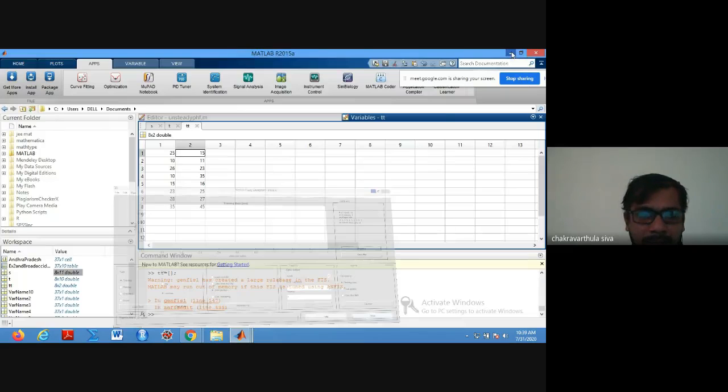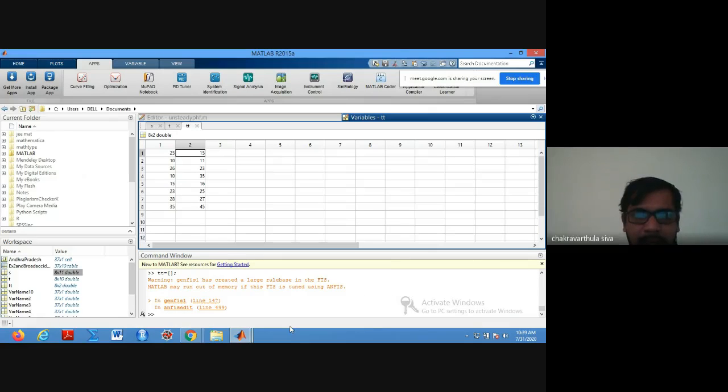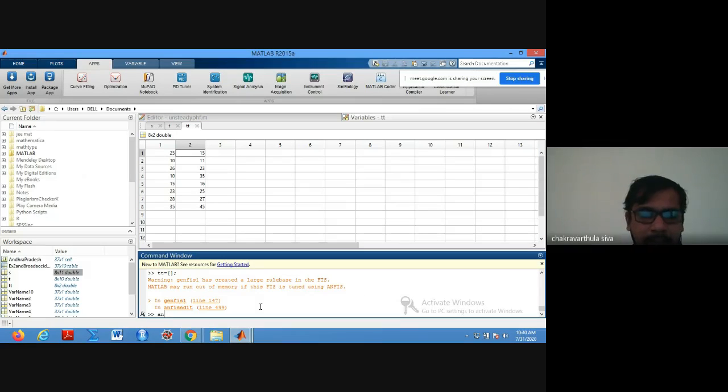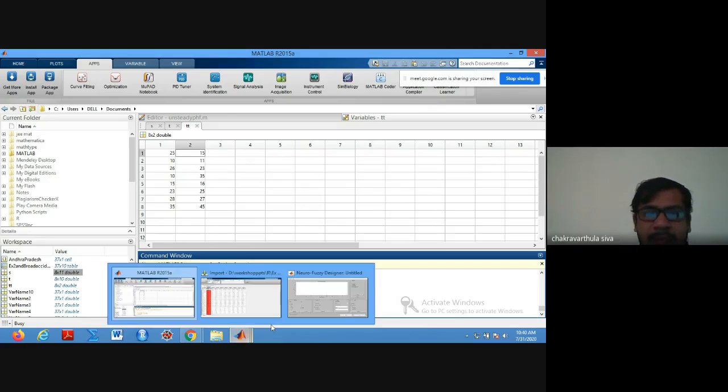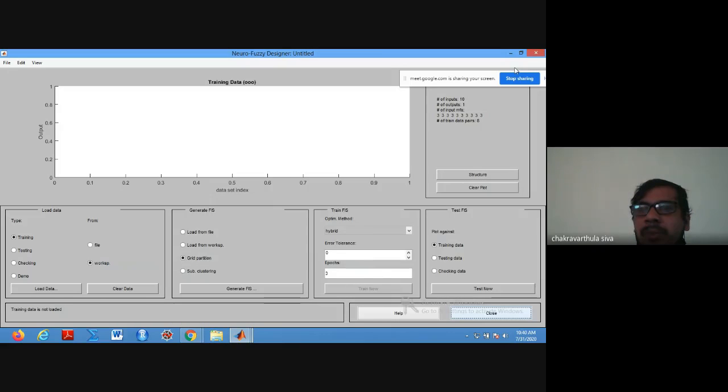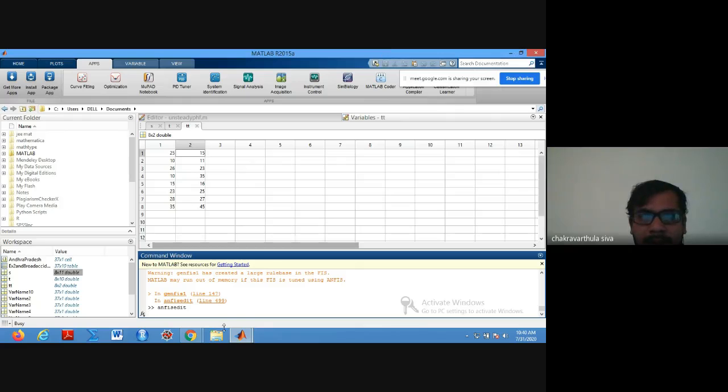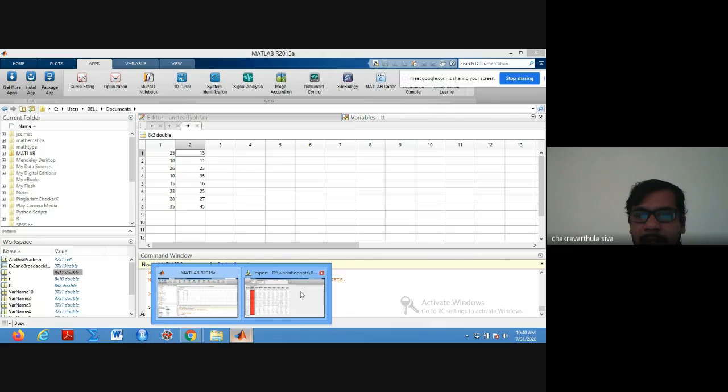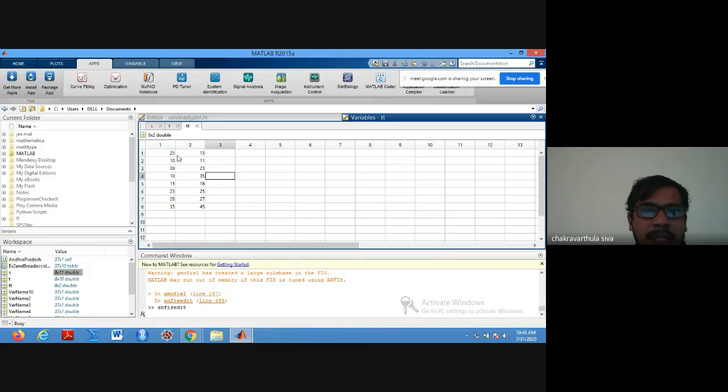I will open in another new window, ANFIS edit. It will open in a new window. I'm closing this website. Then it will open a new window. So by the time we can make some data. This is one data. Similarly, we can generate another file tt, right?